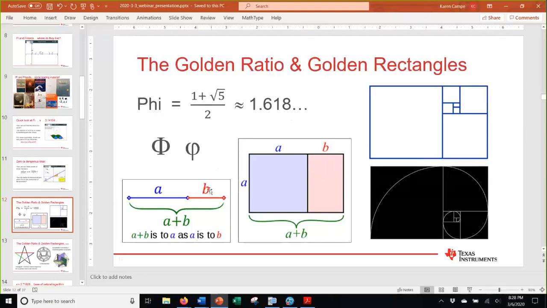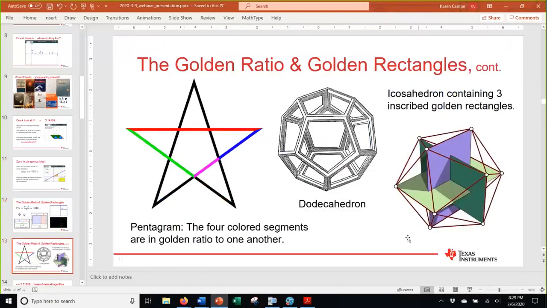So the golden ratio happens when you divide a segment up into two parts, such that the ratio of the whole segment to the longer piece is the same as the ratio of the longer piece to the shorter piece. In a rectangular form, when you have a golden rectangle, the long side is to the short side as the short side is to this extra piece when we cut off the square. And we can cycle the golden rectangles here with spirals. And here is some of the stuff that Euclid did with them.